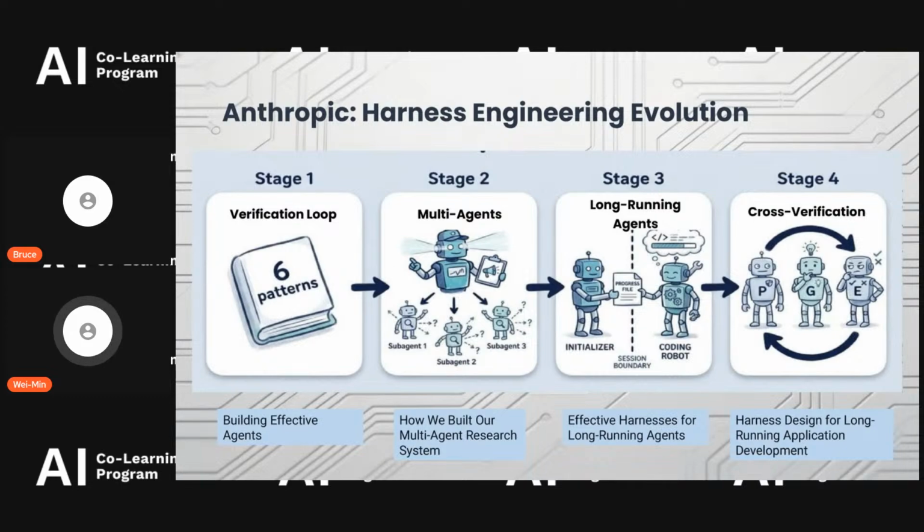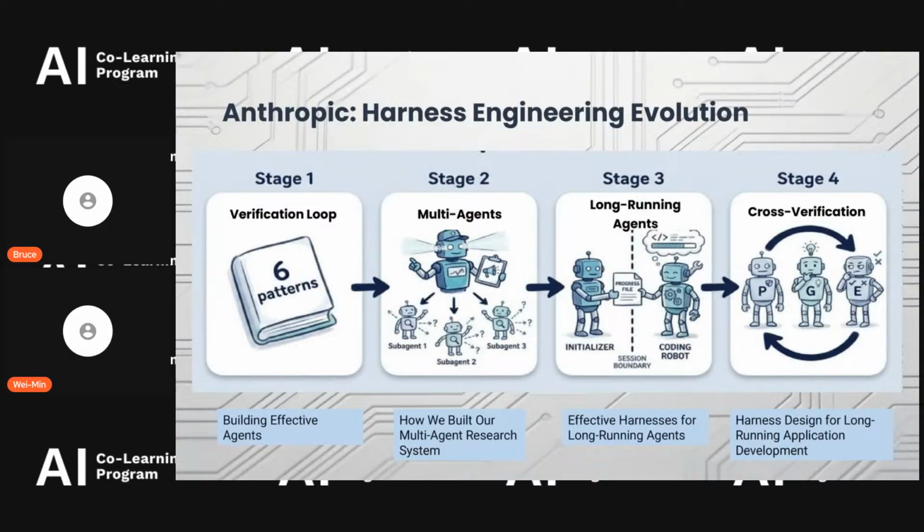Later they found they experienced some catastrophic forgetting, in particular for the long-running agent. That's the initial idea for harness engineering. So they published another blog called Effective Harness for Long-Running Agents, and they defined two major agents, the initializer and the coding agent,